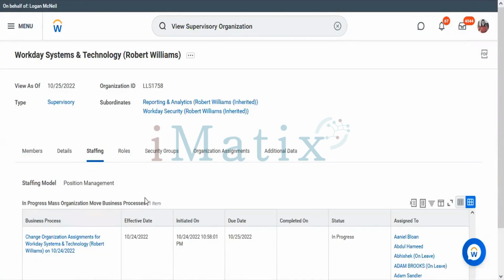Now tell me the difference between position management and job management. What is the difference between position management and job management? For job management, we don't require a position to be created.